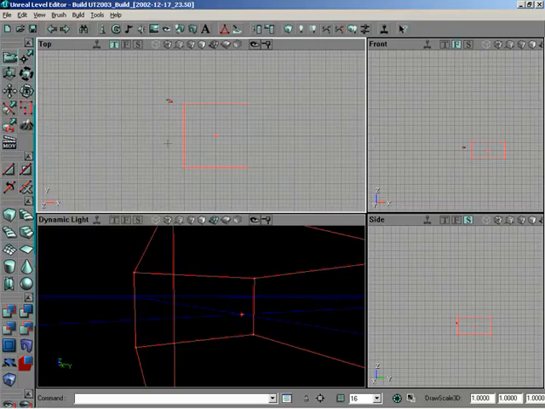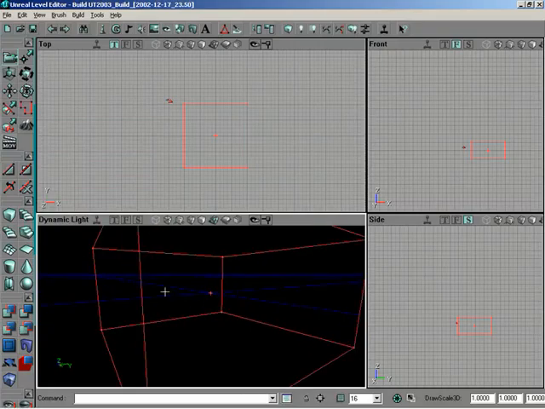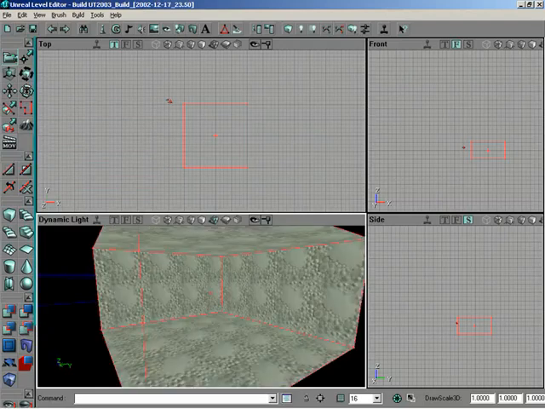Okay, so we have a new construction brush, and now if we want to actually carve this out, we need to make another subtraction. So I'll subtract that out. He could have also hit Control-S on the keyboard, which is just a shortcut key for doing a subtraction like that. Now, you'll notice that we have this default texture that he was talking about a second ago,